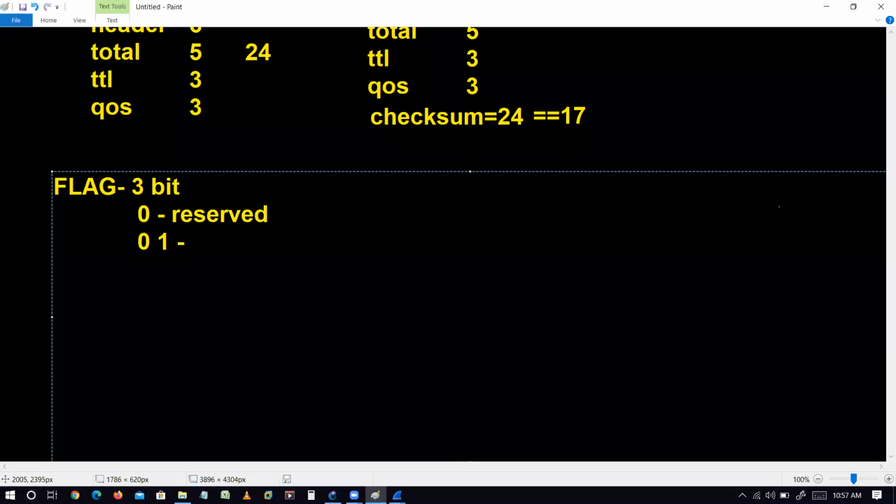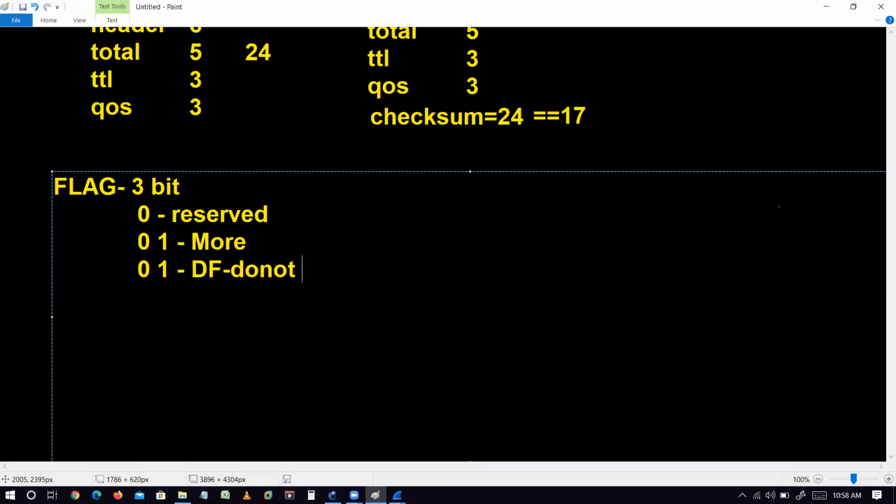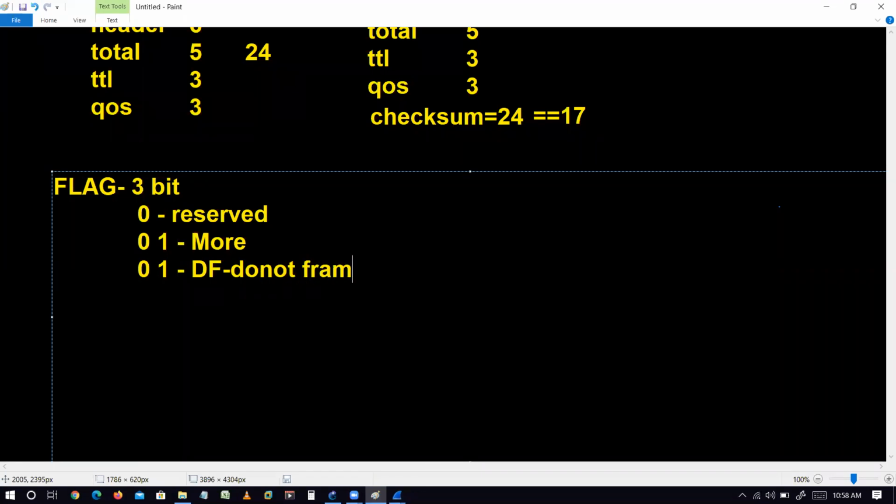The name is M. What is M? This is More. The next bit can be 0 or 1. This is your DF bit. What is DF? Do Not Fragment. So the first is reserved and will always be 0. The second can be 0 or 1; that is the More bit. The last one is DF, Do Not Fragment, which can be 0 or 1. Now, what is the meaning of More?